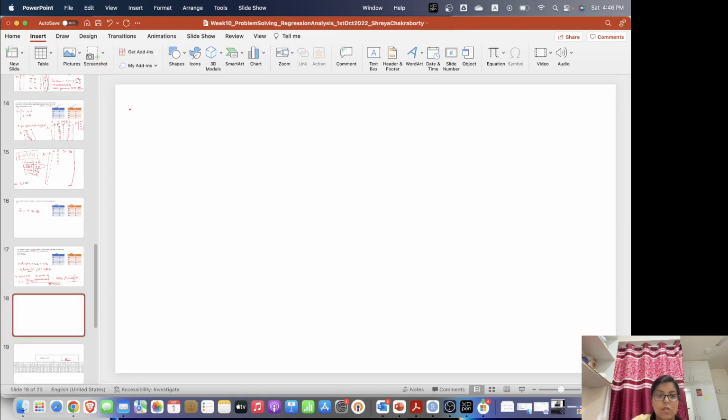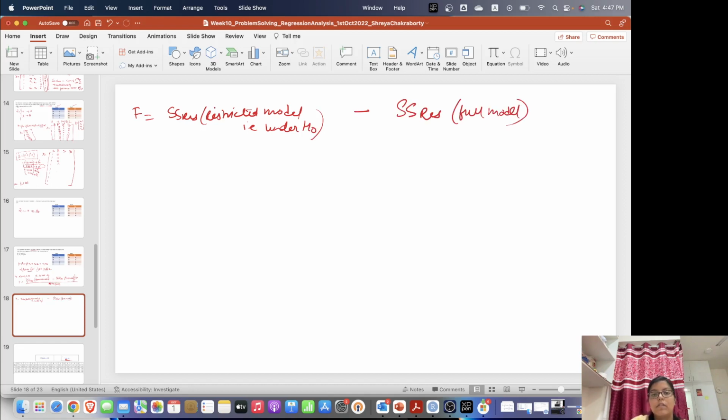I'll just write it once more. This is SS residuals due to the restricted model, that is the model under H naught, minus sum of squares due to residuals in the full model, divided by r, by MS residuals. Okay, now here